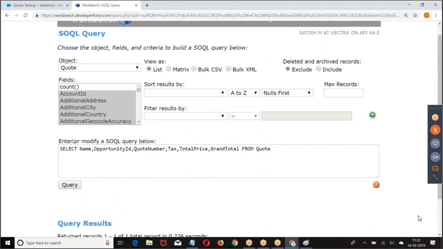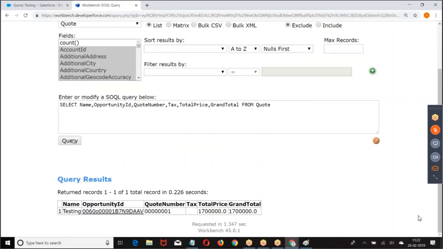Now write a SQL query to get all the opportunities along with the corresponding quotations.